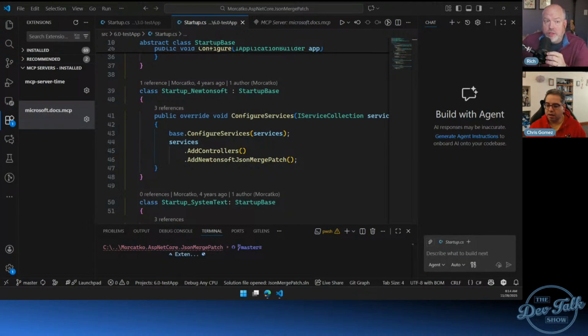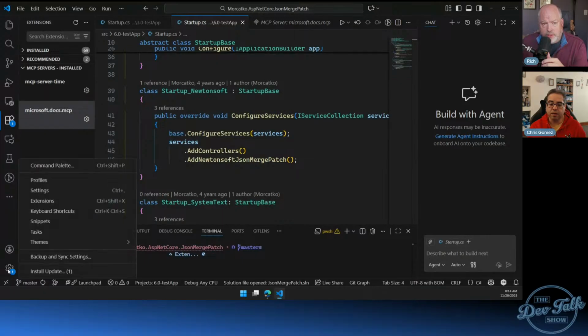So if you click the Visual Studio Code logo, it's at the bottom of your rail there on the left. Oh, this? Up one? Sorry. That's okay. Down. Yep, right there. And you have profiles.